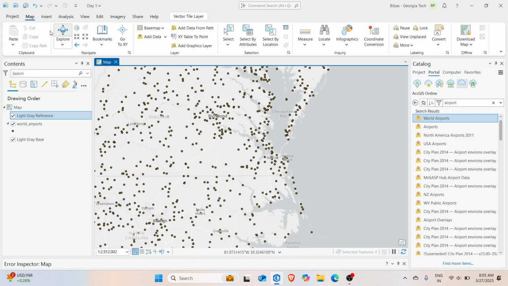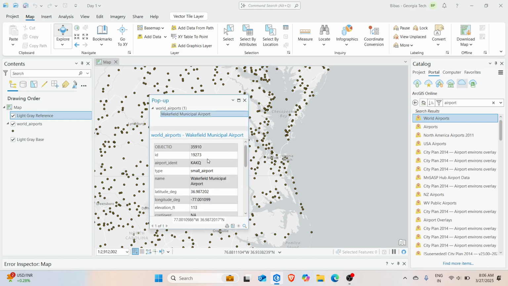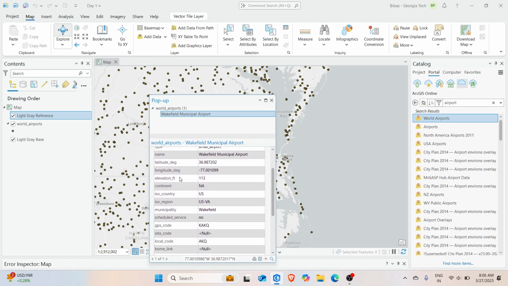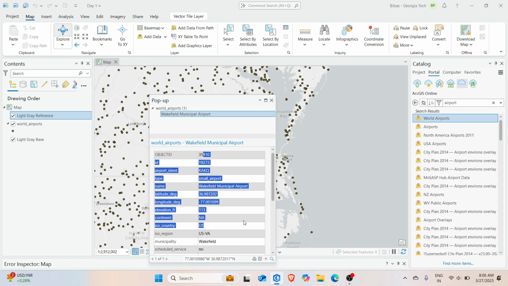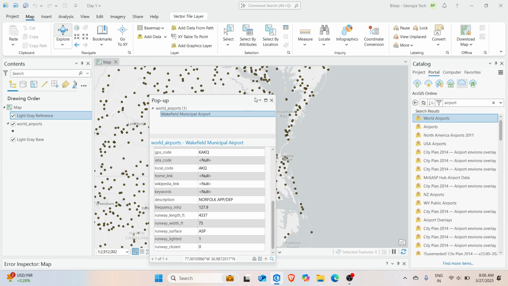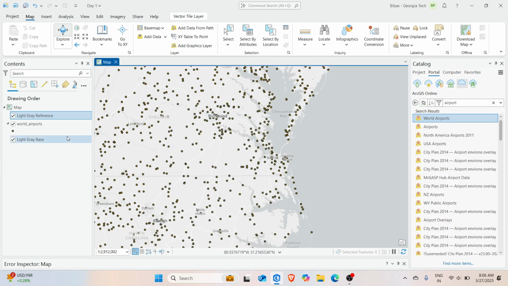Let's click on one of them. The Explore tool is used here. Like you see the hand, it is used to explore them. You click on any one of those points. So this is the GIS data. These are the attributes on the left, and these are the values on the right. If you want to explore more of them, let's go to the